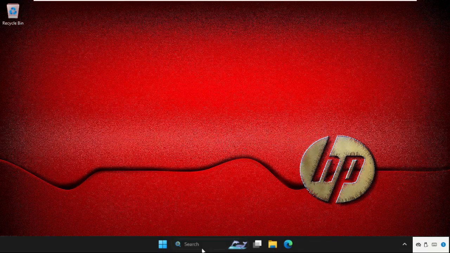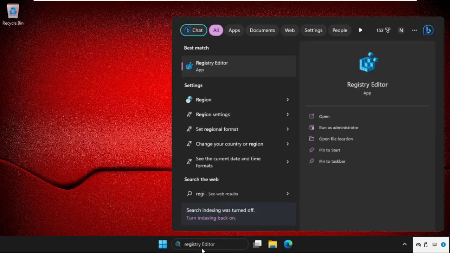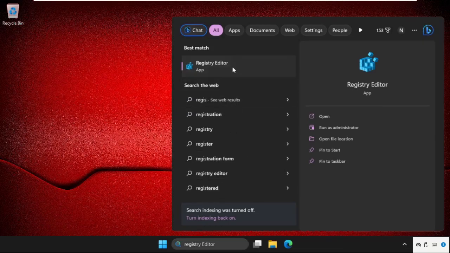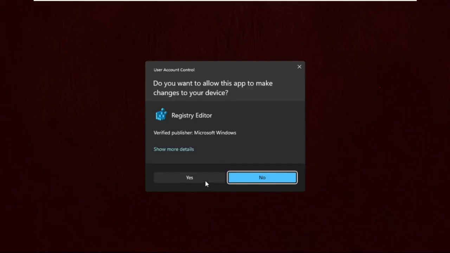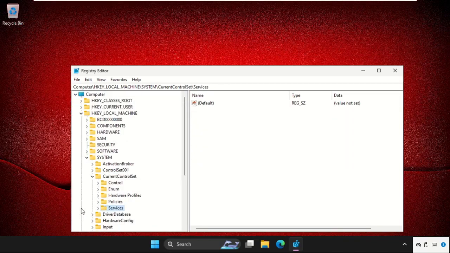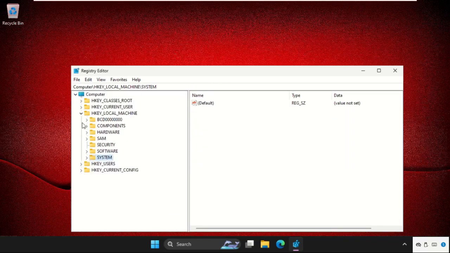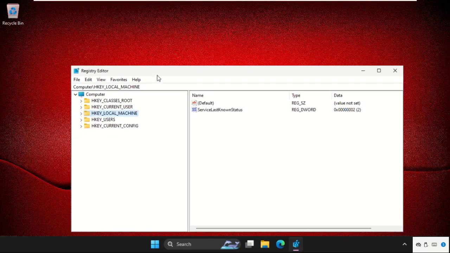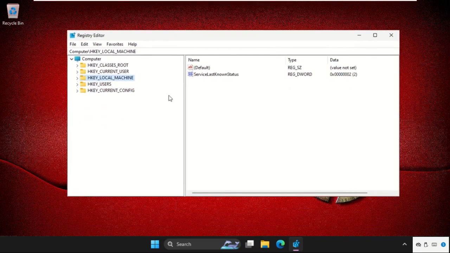After that, go to search bar and type here registry editor. Then click here to open it. Select S, and then just go back to the main screen. I have done some changes on my window, so I need to go back. Okay, cool. Now expand the HKEY_LOCAL_MACHINE,